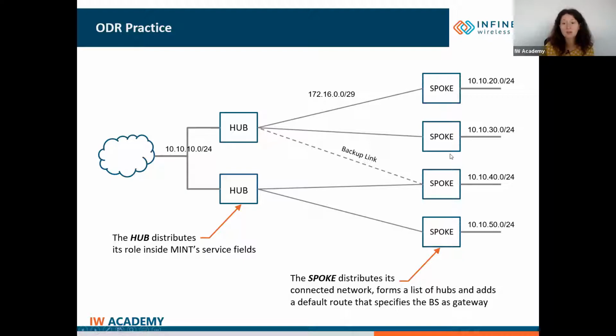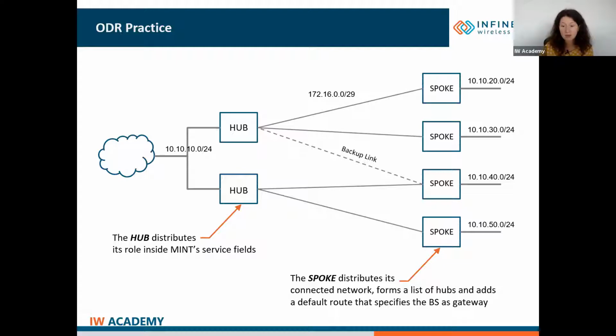Additionally, each spoke sends messages containing information about its directly connected networks and the static routes located in the device's FIB. It is important to note that information about the networks shared with the hub is not included. Last, let's remember that Mint uses an internal metric that reflects the radio parameters of the communication channel in real time and their current load as well. So the criteria for selecting the default route is to use the lowest metric value.